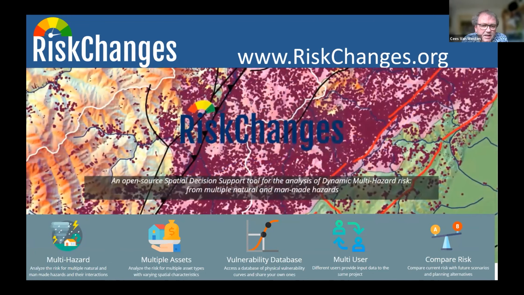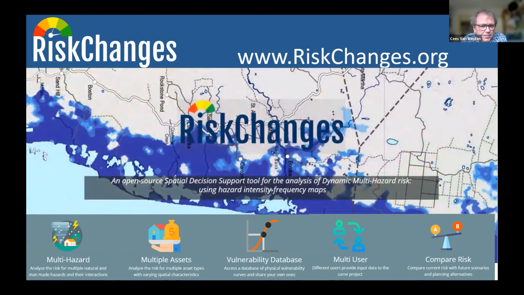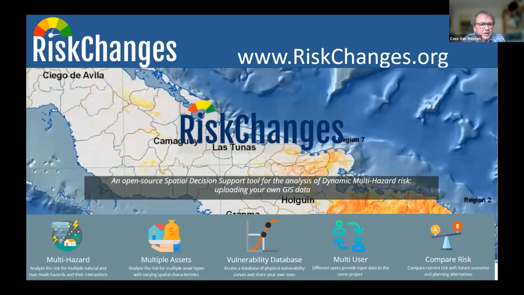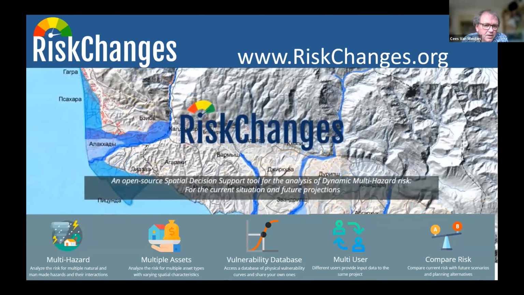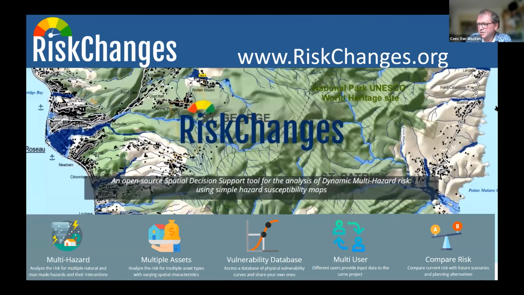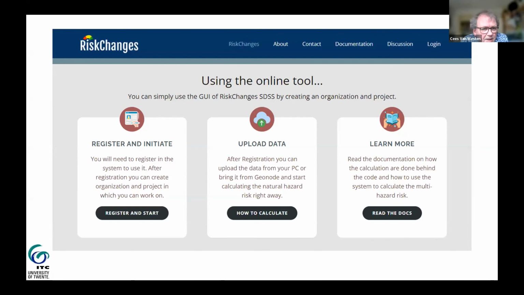It has an included vulnerability database and can work with multiple assets. So multiple users can use the system and compare risk reduction alternatives for different situations. They can upload their own GIS data and do the analysis in the cloud. So this has been developed over the past years, and it can be run both as an online tool where